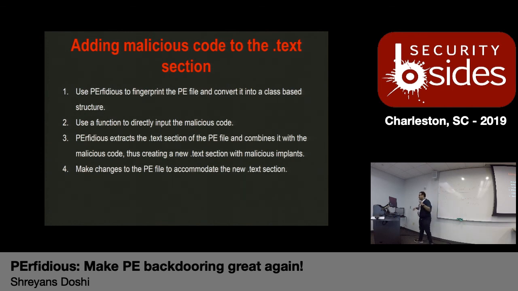So this is basically even more difficult to detect because now you don't have a single blob of malicious code present inside your PE file, right? You have connected those individual malicious chunks via jumps, right? So you don't have a single blob of code that can be detected via signature detection mechanisms, right? So that is what Perfidious is trying to do.